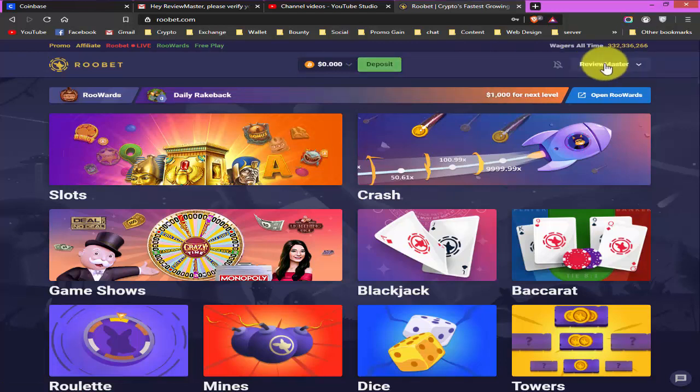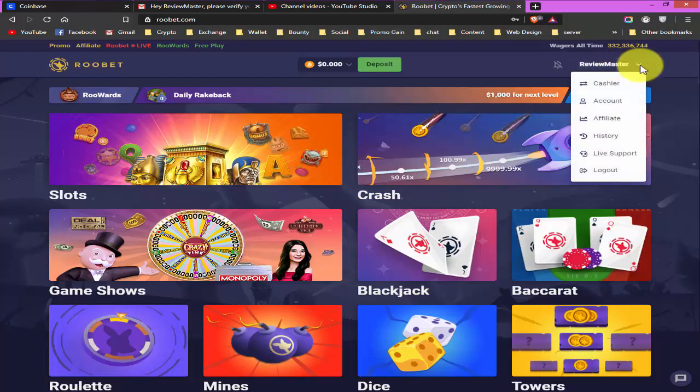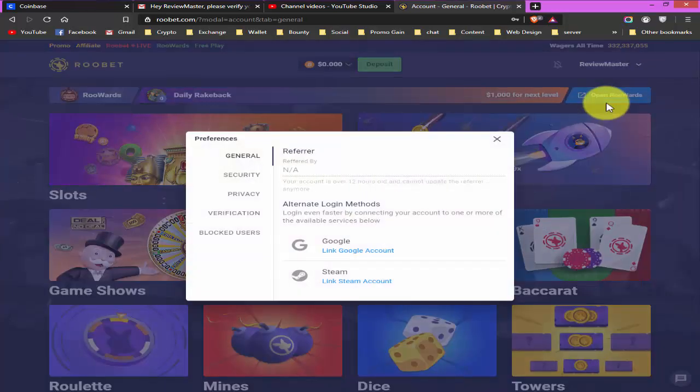So the first thing you need to do after registering on Robit is verify your email address. To do that, you click on your username. Here you can see, I will click my username. When you click on your username, this option will pop up and you need to click on account.